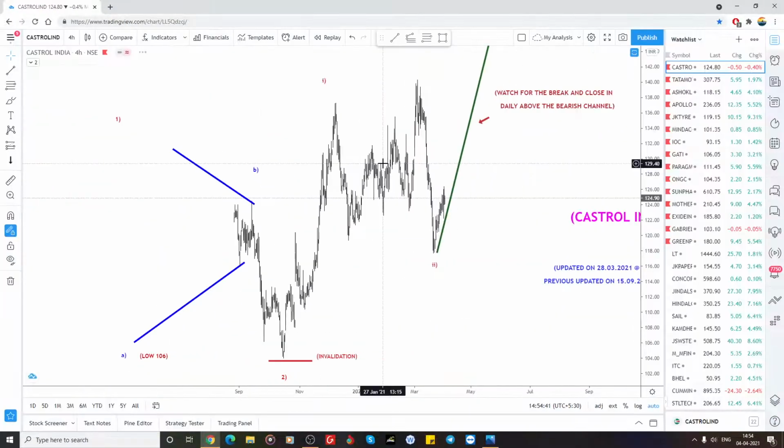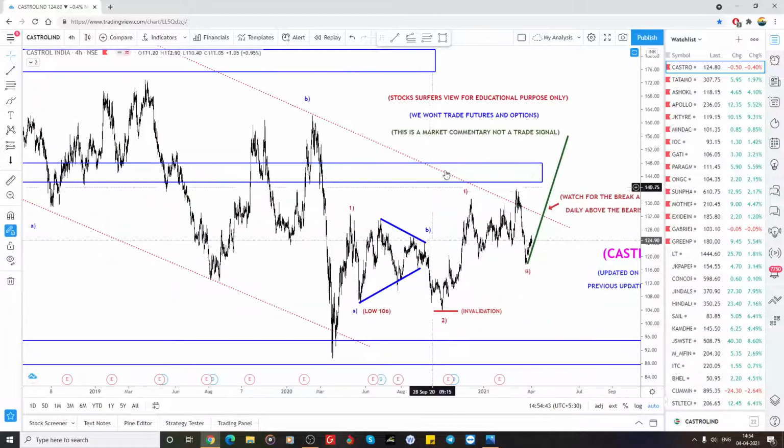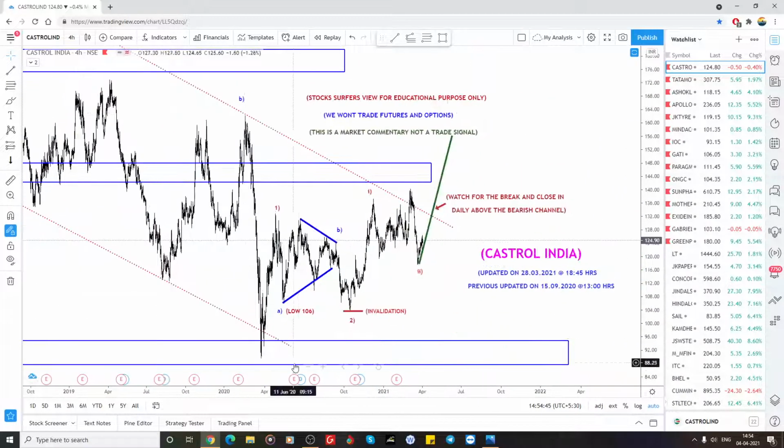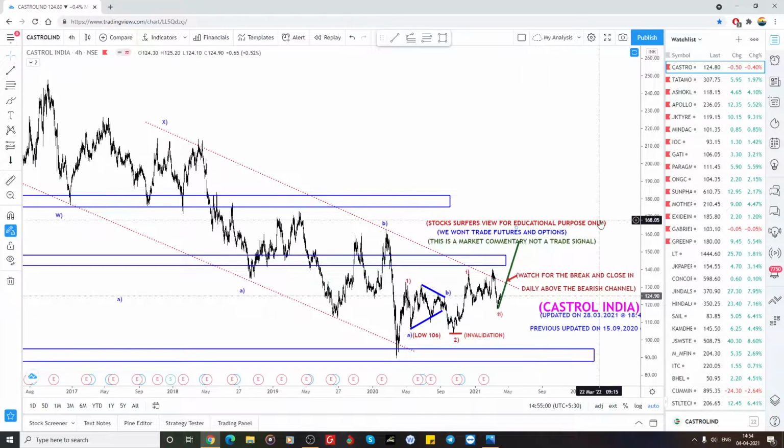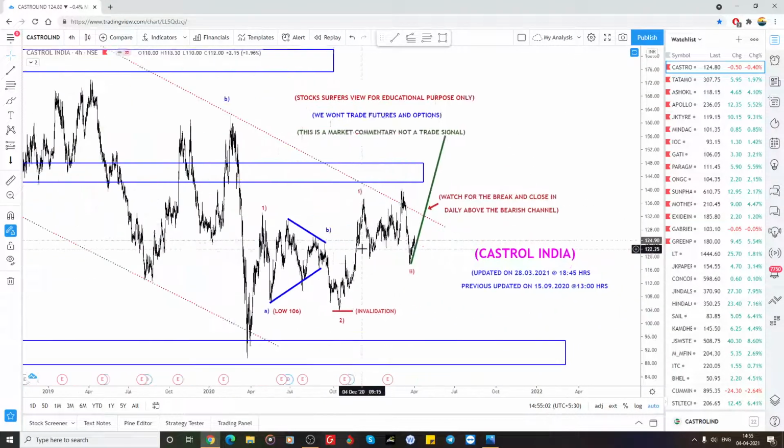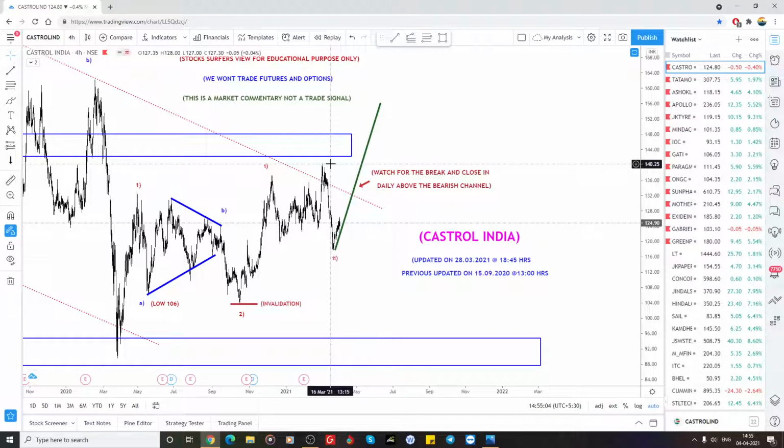So that is also, as I said, we are in the third wave, a bigger third wave, and the stop loss is the low only. So 1, 2, and we are in the third wave of this third wave, the Roman numeral. After finishing the five-wave structure in this bigger third wave, we can go for the fourth and fifth. So let's finish first. It has to break this, then only we consider it again as the third wave. We are in the bigger third wave.